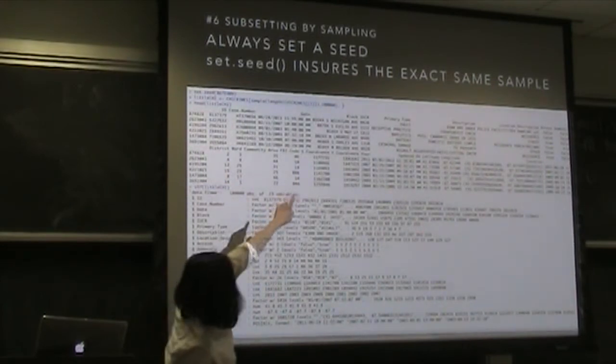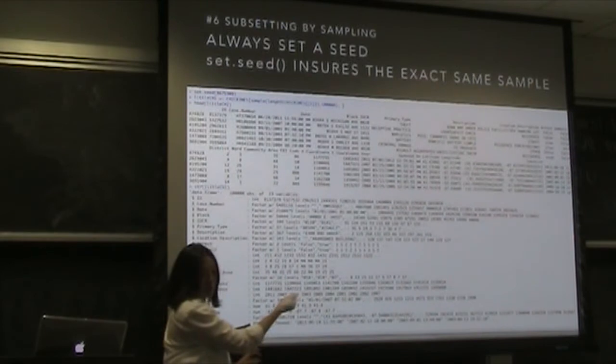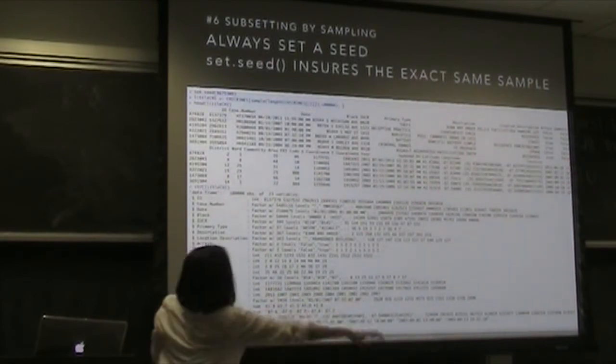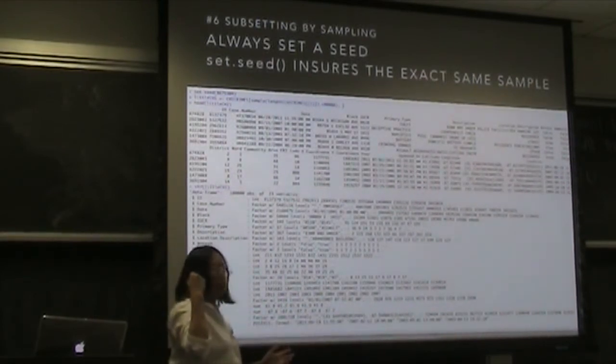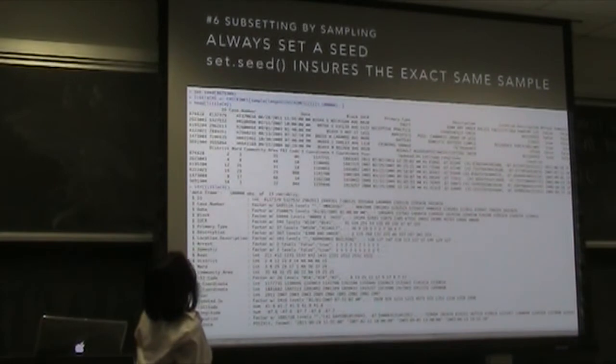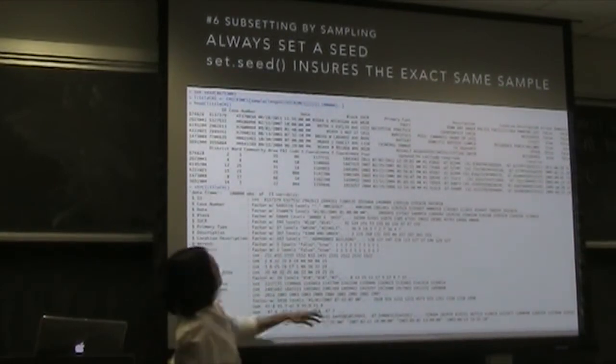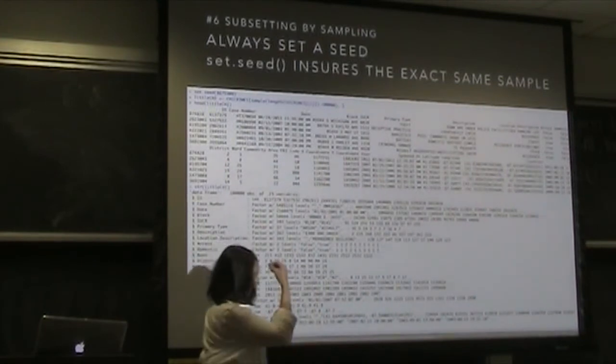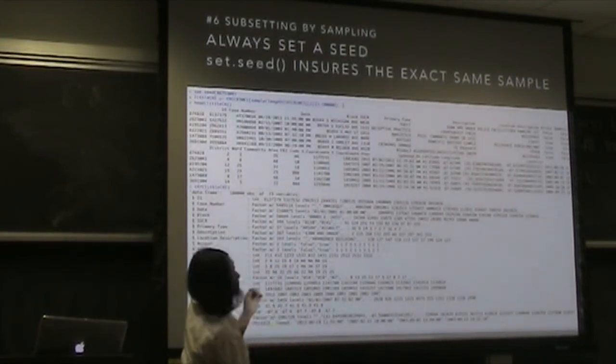And then there's a little comma after that, which means keep all the columns. So I could sample whatever number I want from the entire data set. And then it goes into little chi. So little chi, which is a smaller subset, gets the result of sampling on the first vector. And all we're doing is using the length of it.